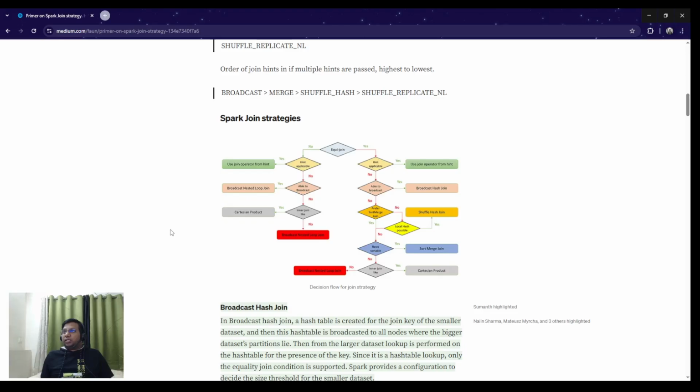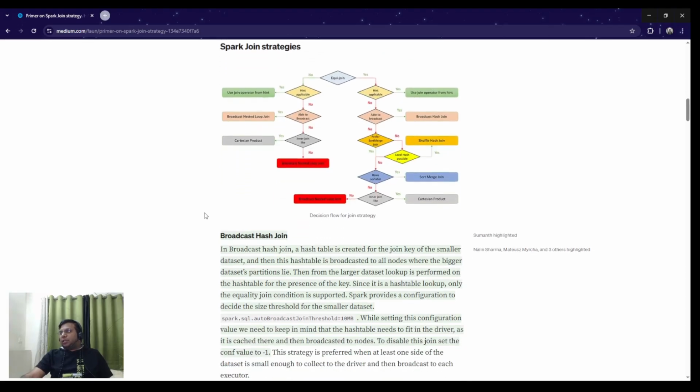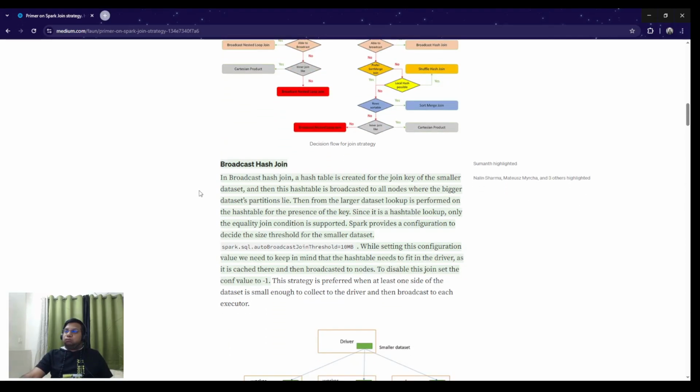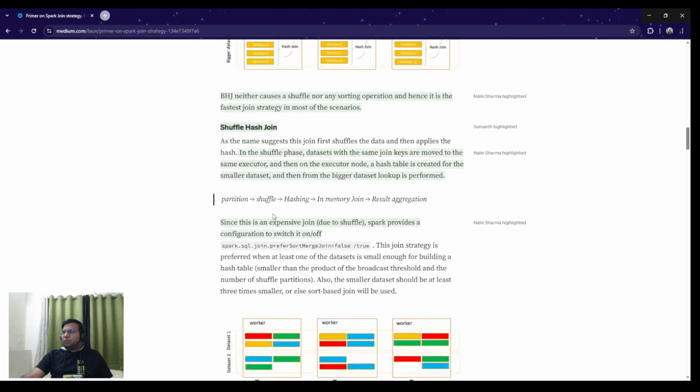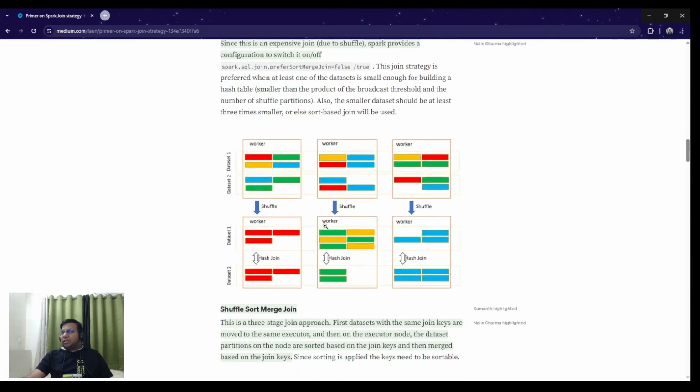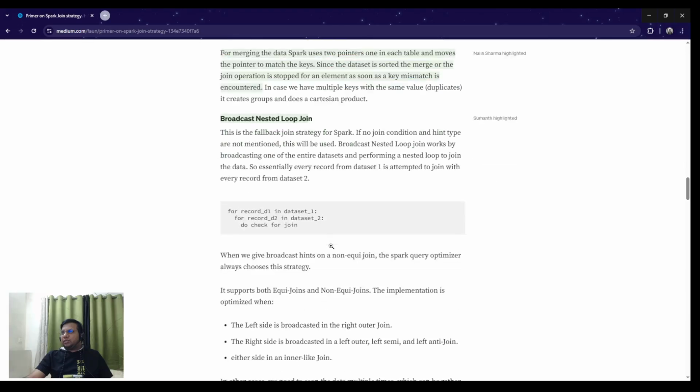So in those cases, although you might have given a hint, it might not do a broadcast join because the right side may be bigger. I'm not sure which side it goes, you will be able to check, but yes, in those conditions,